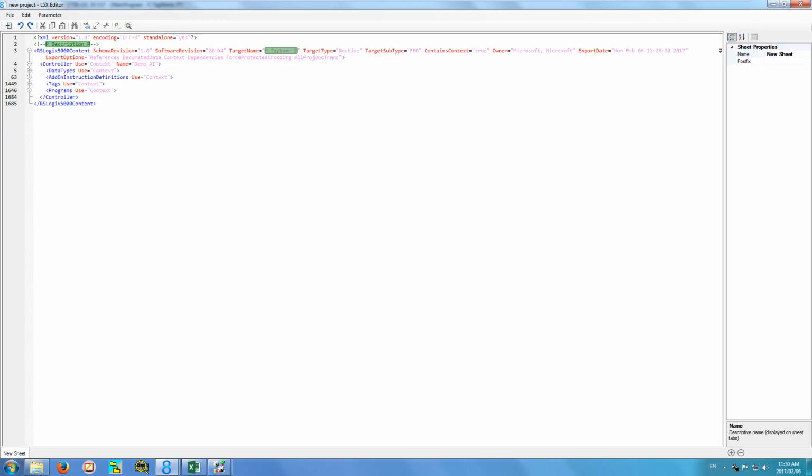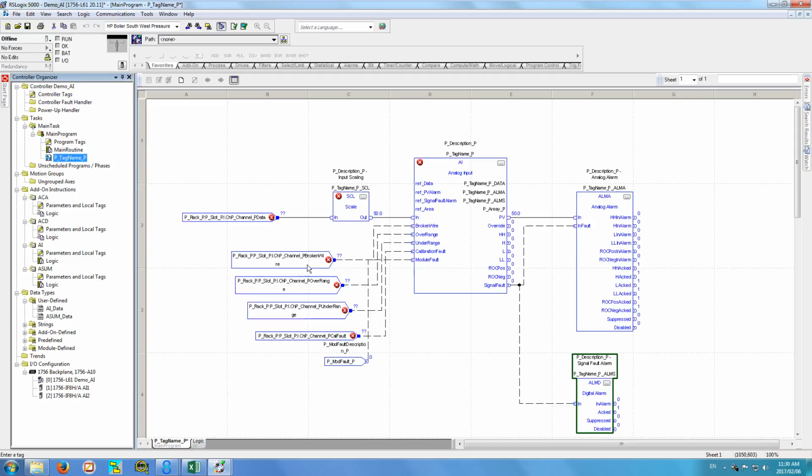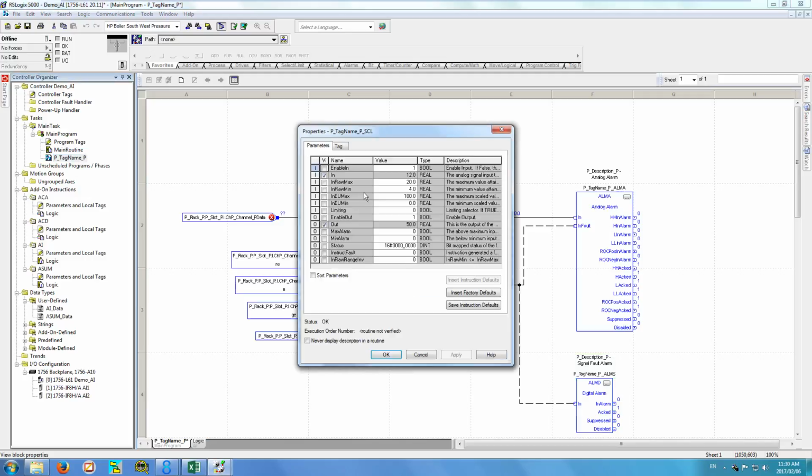So let's first go and just scan for whatever tags we can get. Actually, before we do that, there's some more information that I would try to get as parameters, and that would be on the scale block, my raw maximum minimum, which typically would be milliamps, 4 to 20 milliamps, and the maximum, which could be anything depending on the instrument. I would like to have that as parameters as well. Now I can't type it in here, but